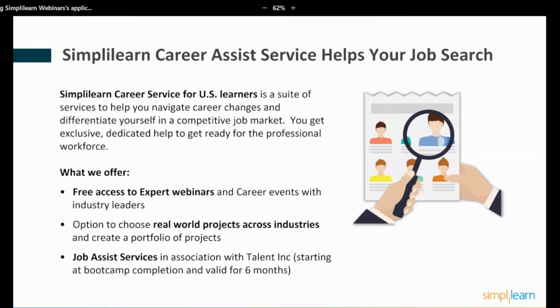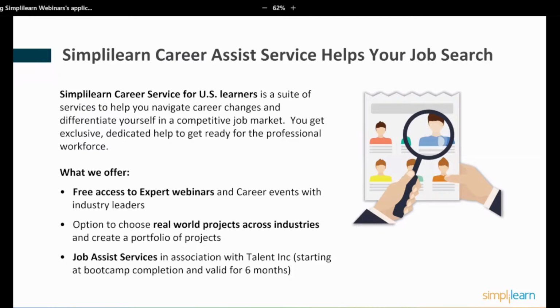Some of you may be looking to start a new career or change employers. What Simplilearn offers is a set of services for learners in the U.S. This is U.S. specific, and it gives you access to ongoing continuing education opportunities with Simplilearn.